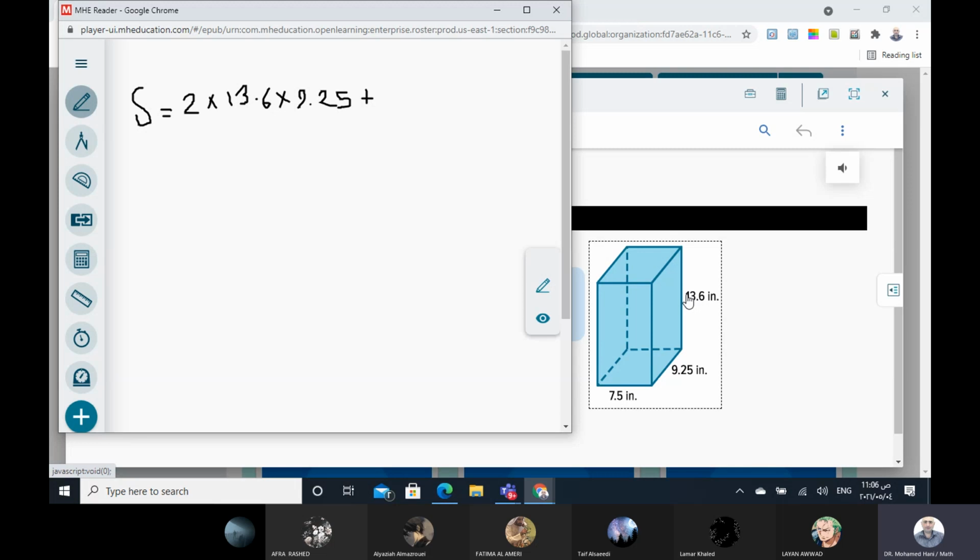The length like the side, 13.6. So we can write here 2 times this side, the total of this side equals the total of this side. So 13.6 times 7.5, plus